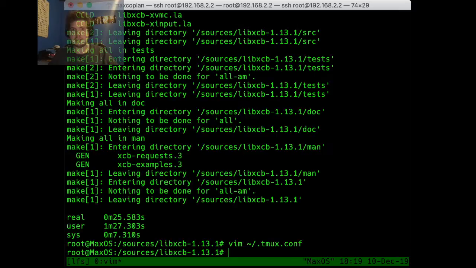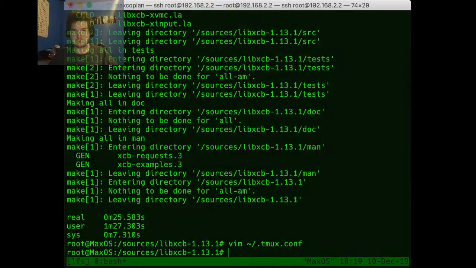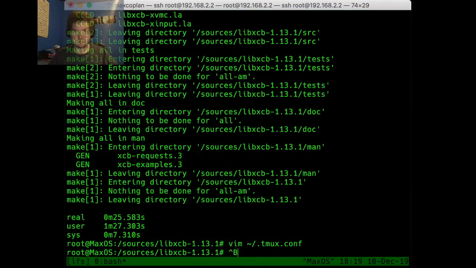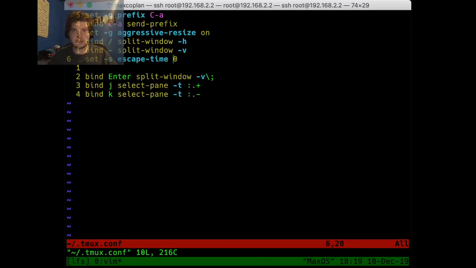Slash, that is what I did. Look at this. I can't make a vertical split. What's going on here? Bind. Right. Oh, wrong slash. Haha. Classic.